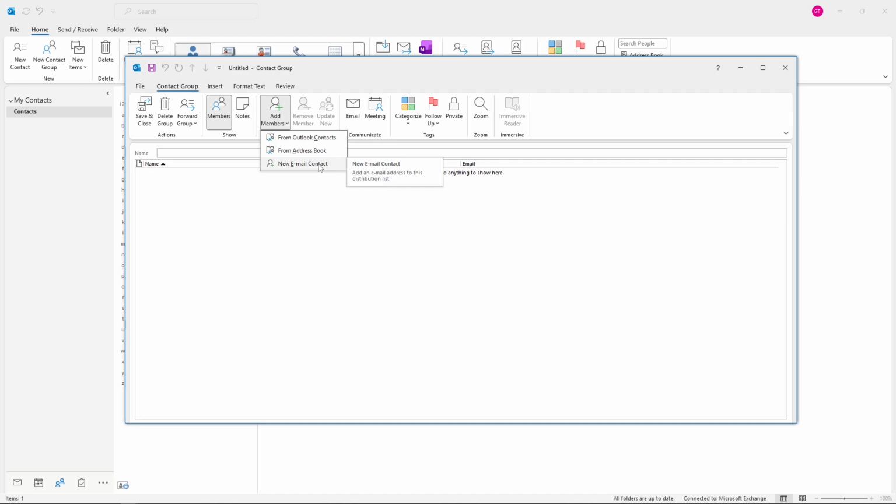Once you've added all the contacts you want into this group, simply click on Save and Close. This will finalize your contact group and save it to your Outlook account. Now, whenever you compose a new email, you can use this contact group as a recipient. Instead of typing out multiple email addresses, just type the group name and your email will be sent to everyone under this group automatically. This saves you time and ensures nobody gets left out of important